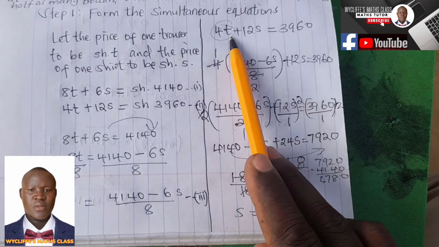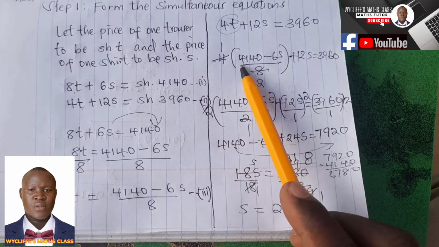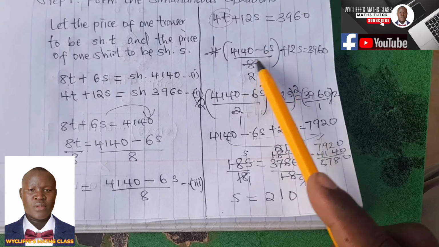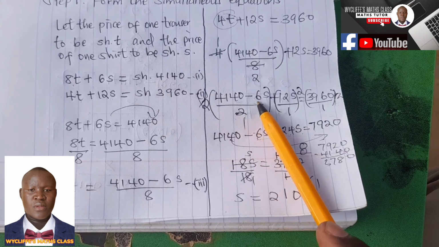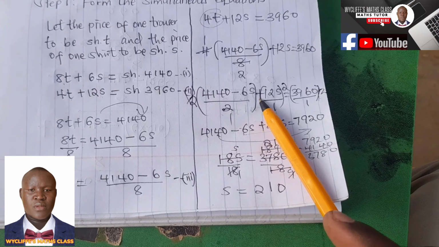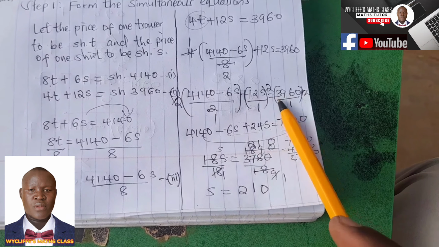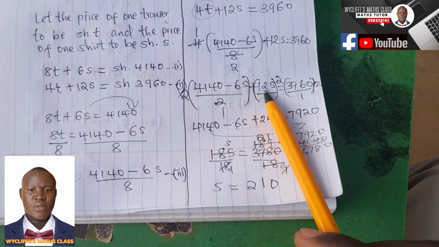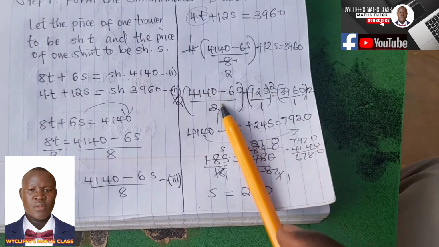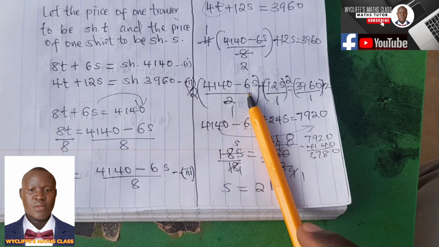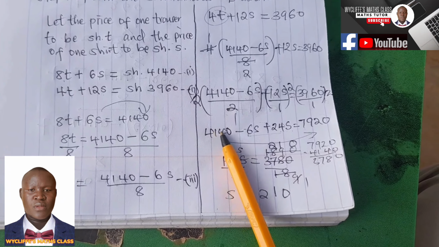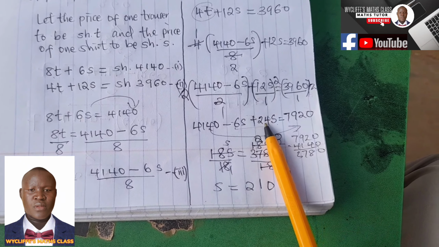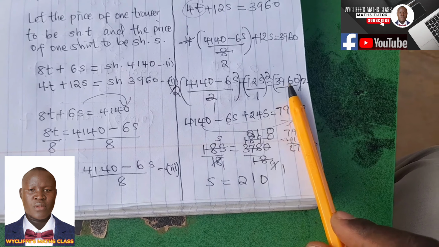And remember, it was 4t, so it is multiplied by 4. Then now we can simplify here. 4 into 8, 2. Then when we open the bracket, we are going to have now 4140 minus 6s over 2 plus 12s over 1 is equals to 3960 over 1. LCM is 2. So we are going to multiply everything by 2. And when we do so, we cancel 2 by 2. And we are going to have 4140 minus 6s plus 12s times 2 is equals to 24s, which is equals to 3,960 times 2 is equals to